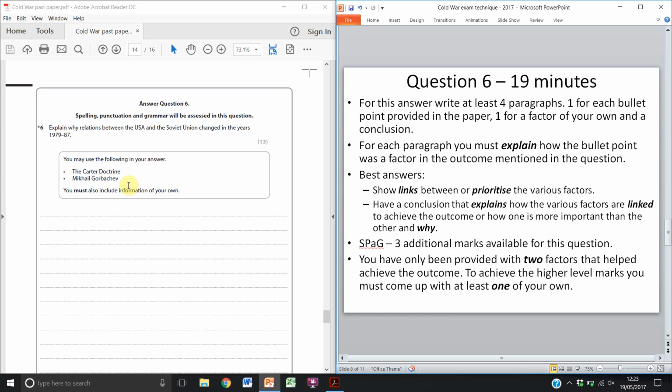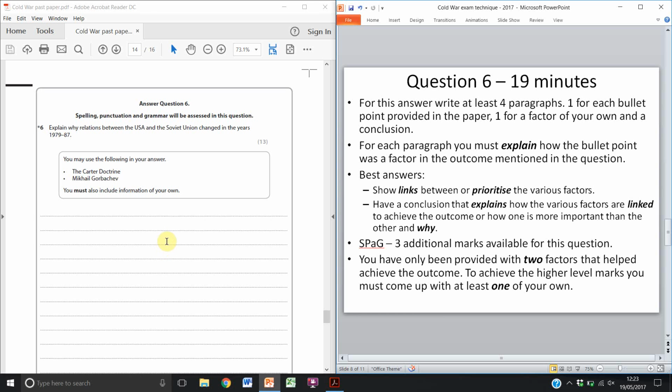You then go on and talk about Mikhail Gorbachev. You would describe some of the things that Mikhail Gorbachev believed in and some of the things that he did, and then explain how he had an impact on relationships. And then you do the same with Ronald Reagan, or if you decided to instead write about the invasion of Afghanistan, you do that. And then you do a 4th paragraph, which would be a conclusion, and you'd bring it all together and explain how the 3 different things that you've just written a paragraph each on were linked together, how they all interacted to change relationships,